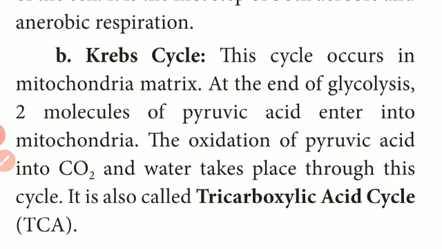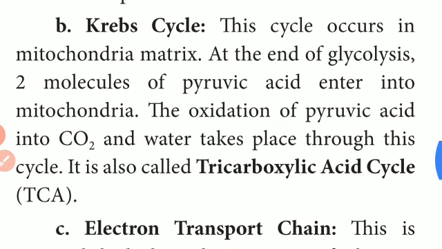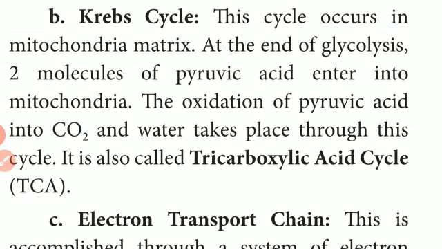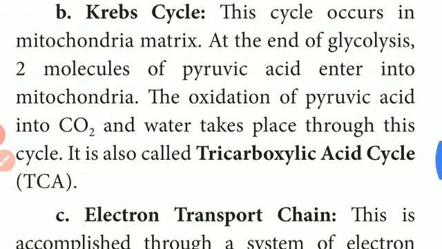So in the mitochondrial matrix, the Krebs cycle takes over. What is happening here? 2 molecules of pyruvic acid enter into the mitochondria. The oxidation of pyruvic acid into carbon dioxide and water takes place through this cycle. So, very simply, the pyruvic acid is oxidized into carbon dioxide and water, and it is called